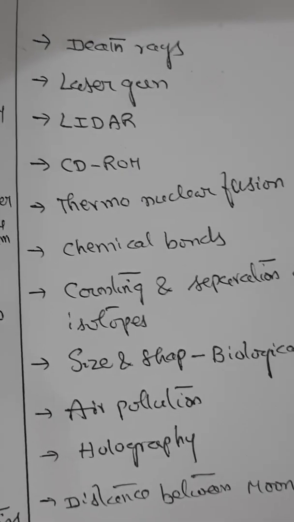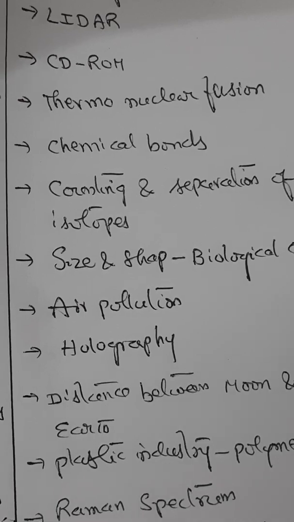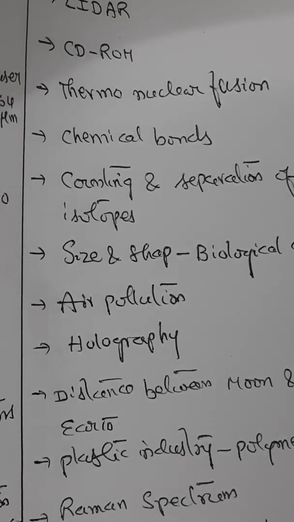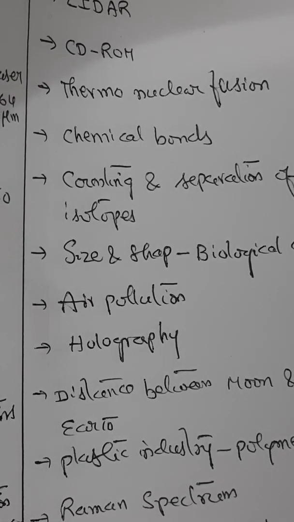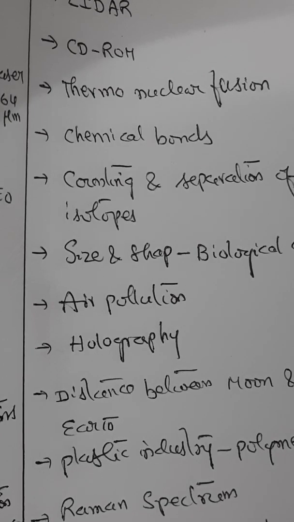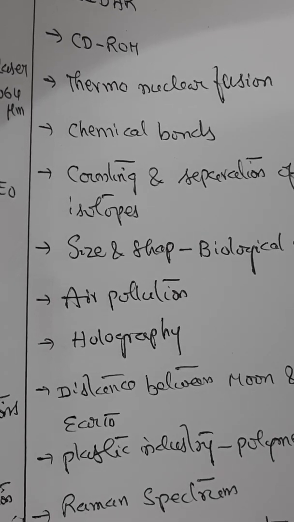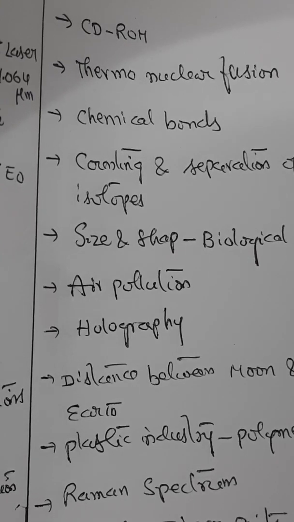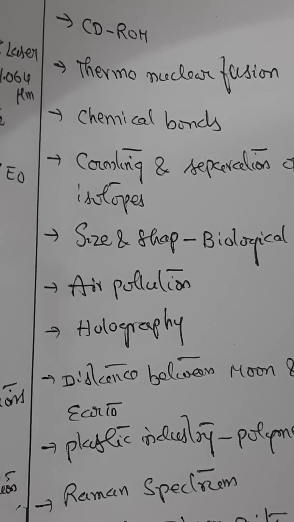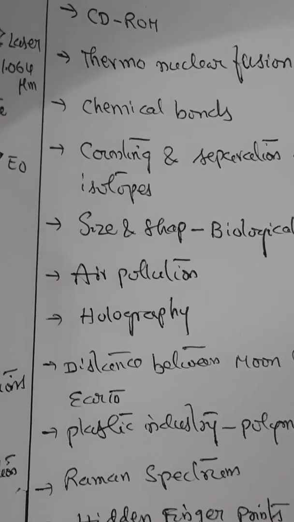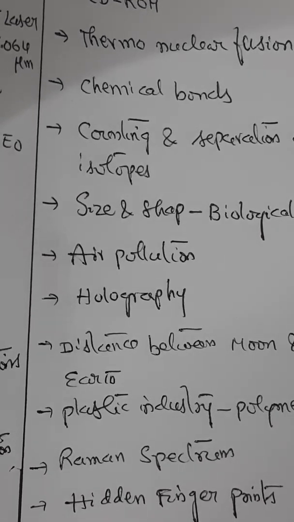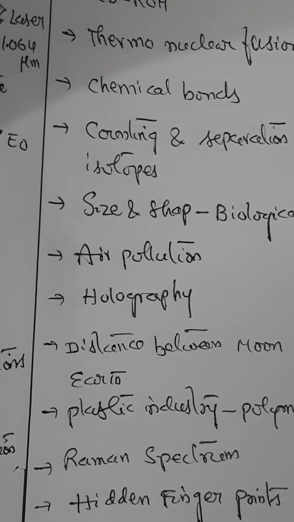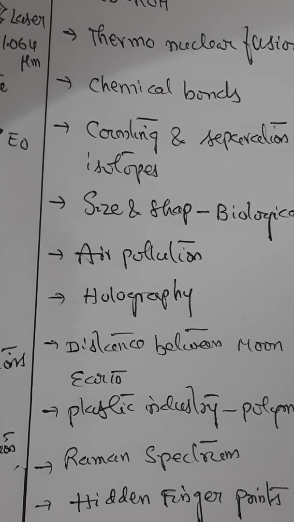And even in scientific applications, a laser beam can initiate and speed up chemical reactions. Lasers can be used in counting the atoms in isotope separation. Lasers are used to estimate the size and shape of biological cells, like erythrocytes. Lasers can be used in air pollution studies to find the size of dust particles. Lasers can be used in holography, that is nothing but recording and reconstruction of holograms. Three-dimensional images of objects can be recorded.